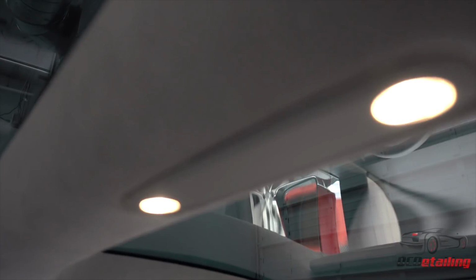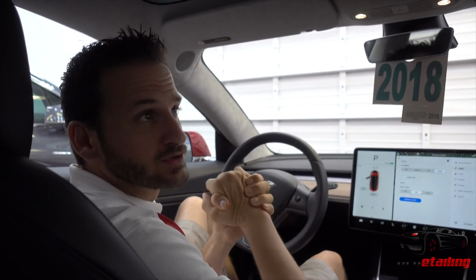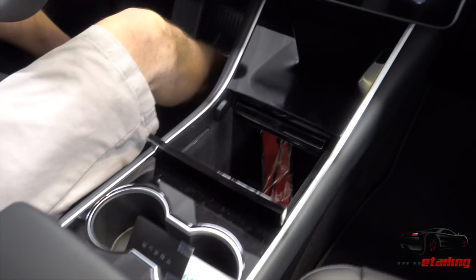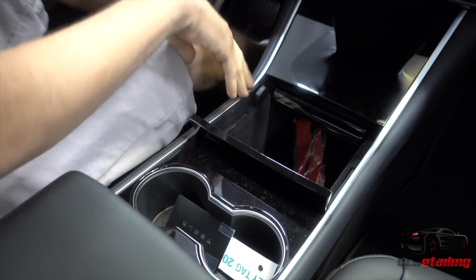This would work well if you were just looking for something, I don't know, a pistol, a gun, a knife, whatever, you know, you might keep in your center console because you're a psychopath. Just kidding. Okay, it opens, and you leave a fingerprint on it every single time. Every time you touch it, you leave a fingerprint on it. That's kind of annoying, but